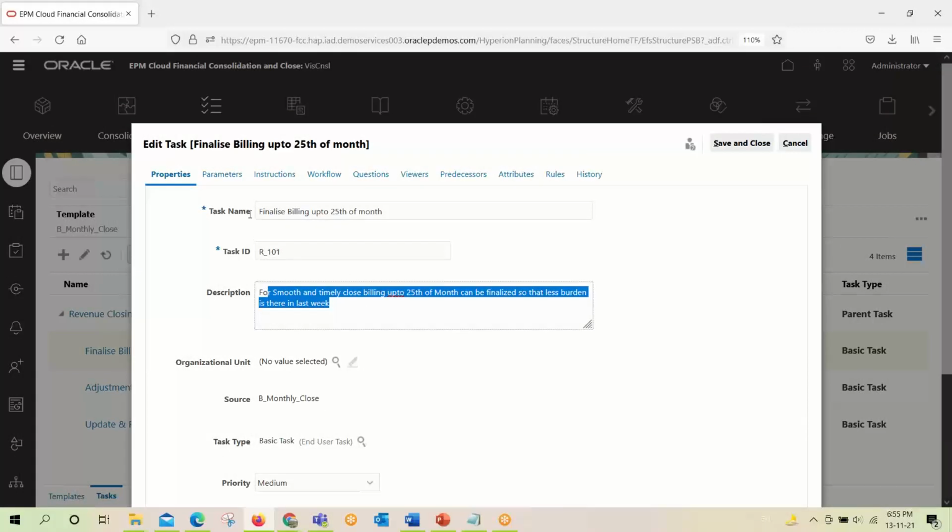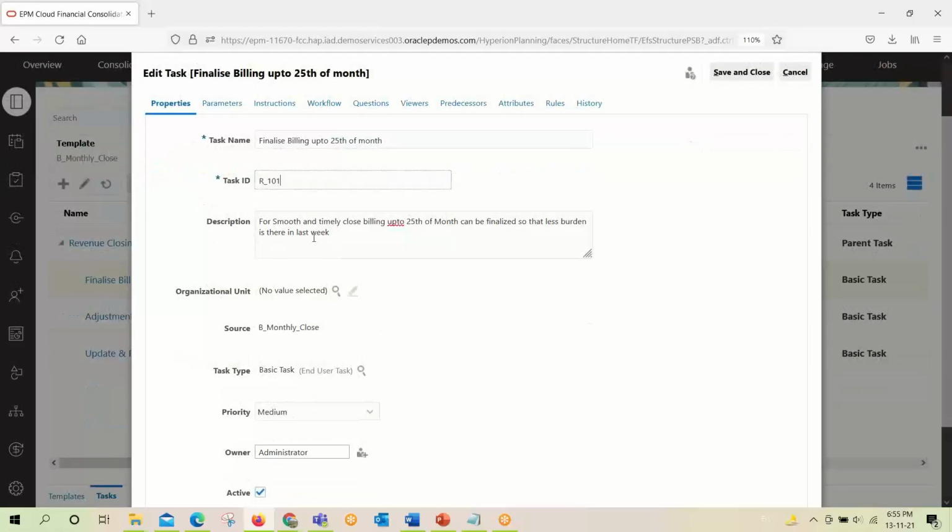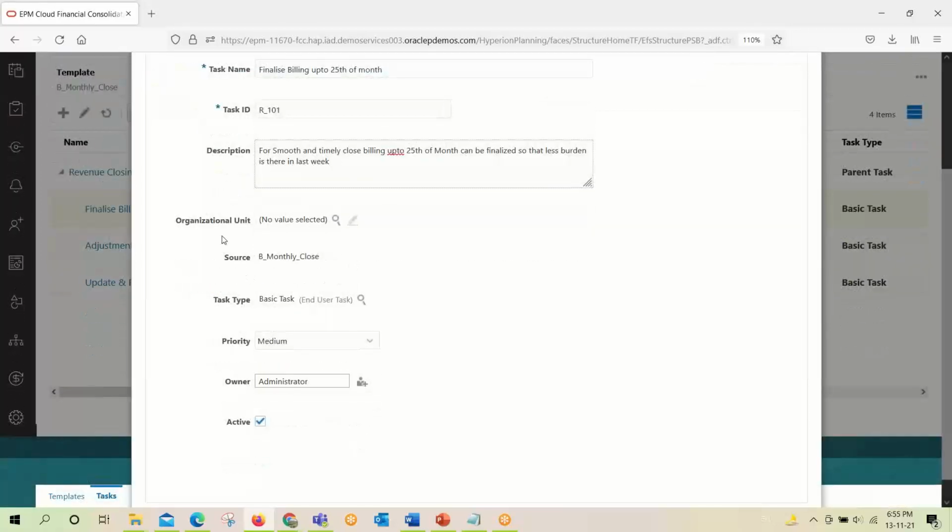I have given the name as finalize billing up to 25th of month and given the task ID as R101. This is because this will be the first task of our task manager process. And I have given the description: for smooth and timely close, billing up to 25th of month can be finalized so that less burden is there in the last week.